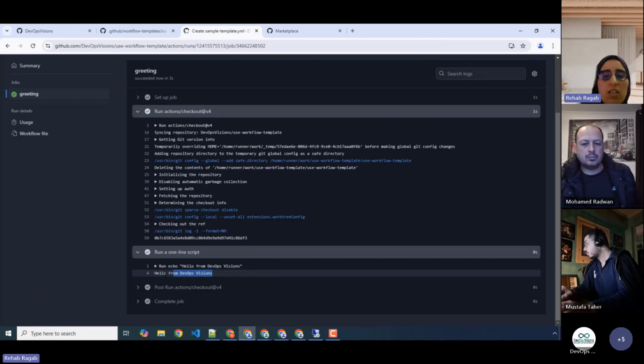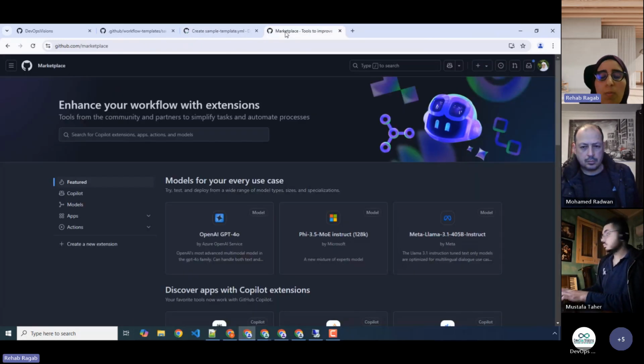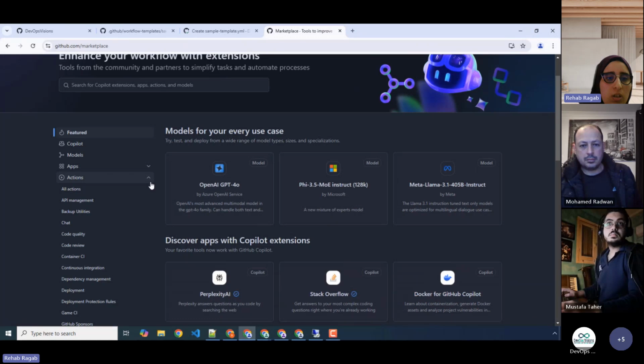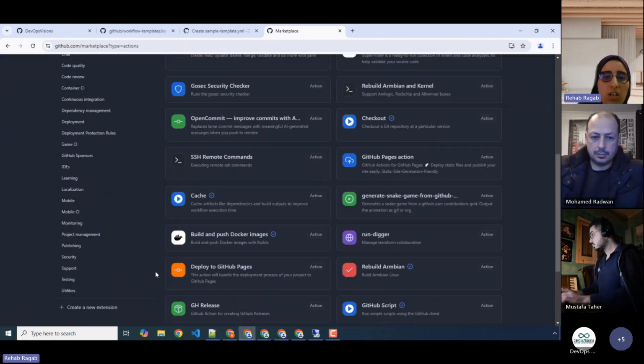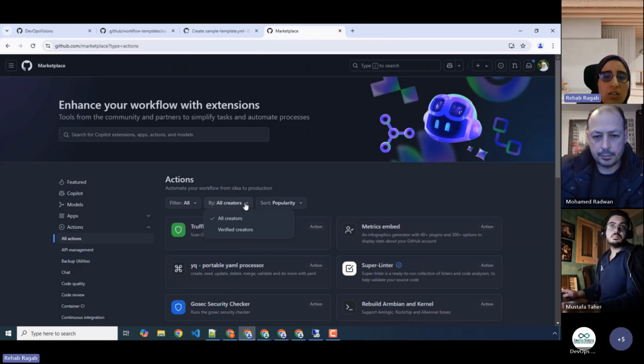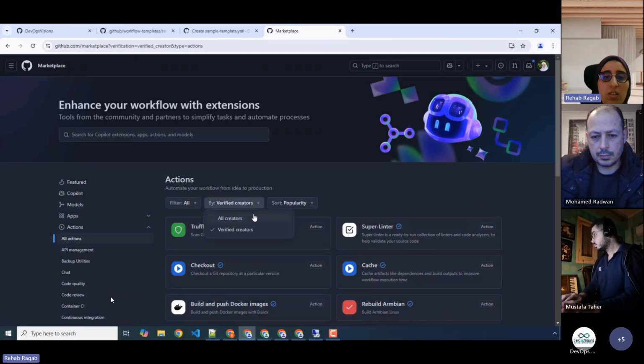And this is another example for applying reusability in GitHub Actions workflows, which is custom action. If you navigate to the marketplace, you can find multiple examples for applying reusability here. All these custom actions, you can use them, filter here, try to find your action and just reuse it.